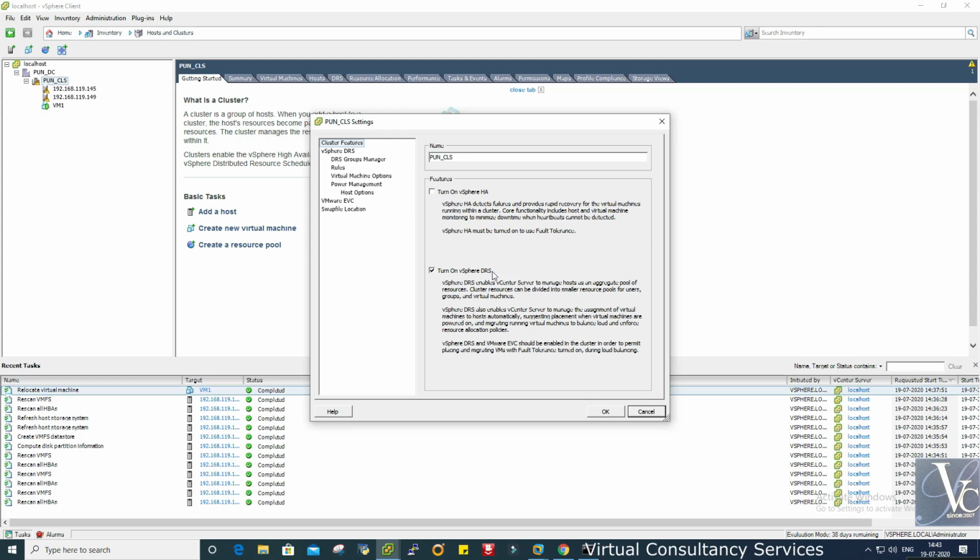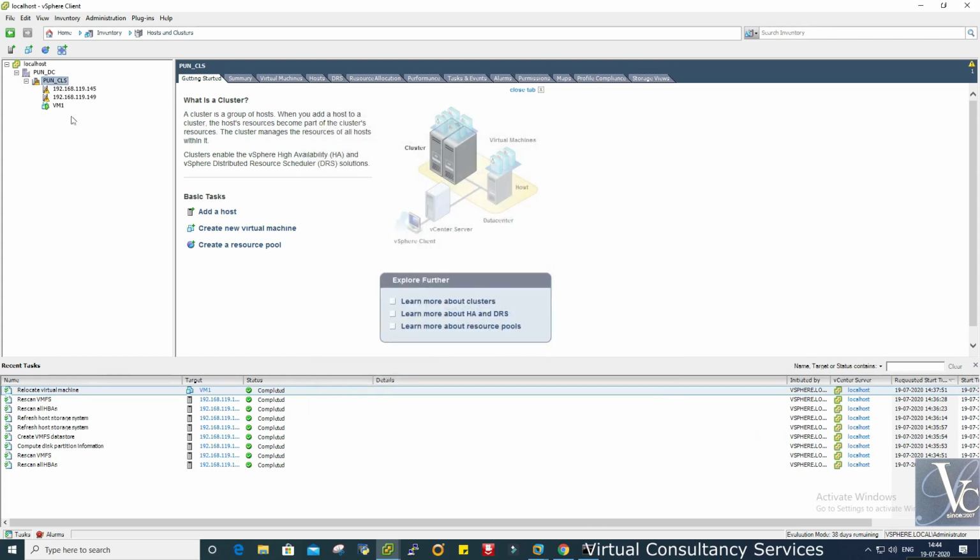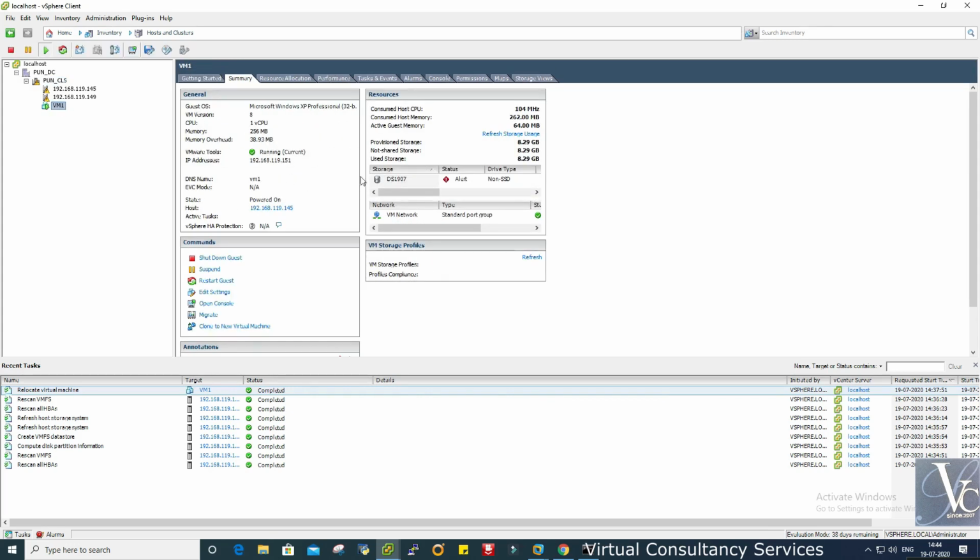There will not be any downtime, okay, 0% downtime. But in HA there will be a downtime of powering off and unregistering the VM from one failure host, then registering and powering on on the healthy host. The period between these four processes will be the downtime for vSphere HA.